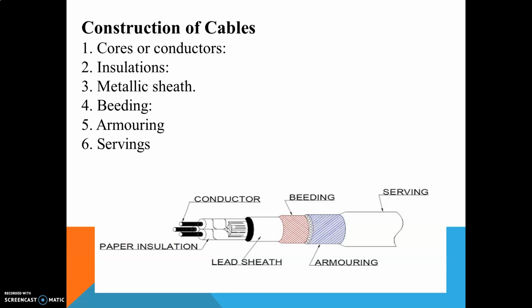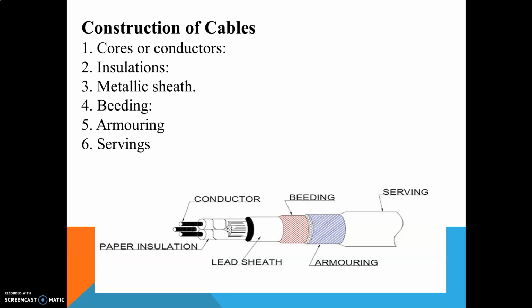The conductors are made up of aluminium or copper and generally stranded to afford flexibility for pulling or laying. Second is insulation. The material used may be rubber insulation, impregnated paper, varnished cambric, etc. The thickness of insulation is decided according to how much voltage it has to withstand.